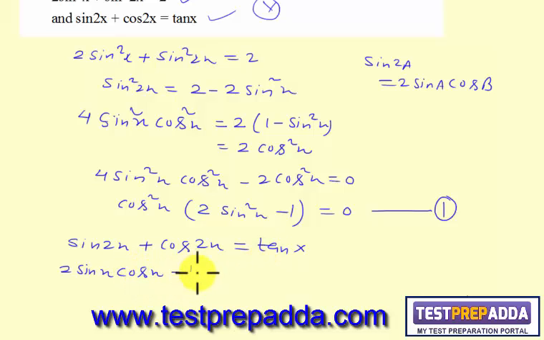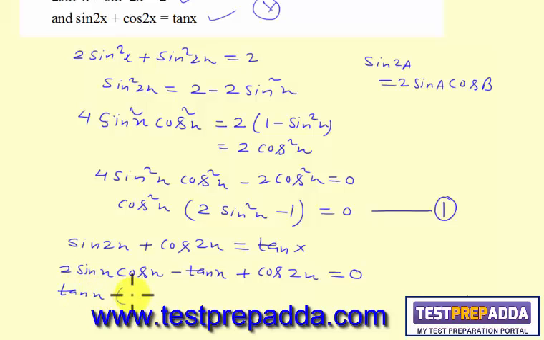If I take tan x this side, it becomes minus tan x plus cos 2x equal to 0. Okay, 2 sin x cos x minus tan x. If I take tan x common here,